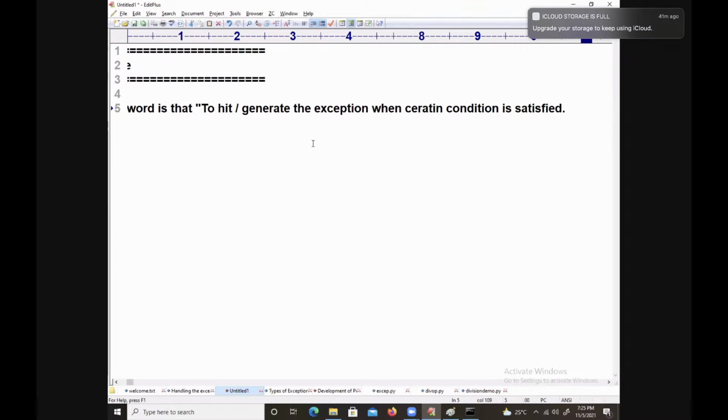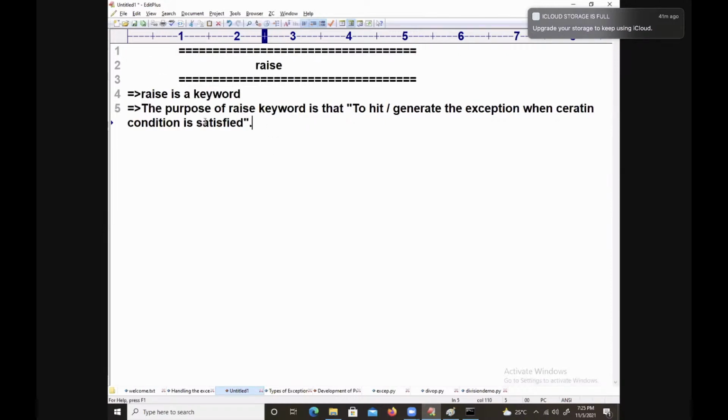I hope you are understanding what I am talking about. The purpose of the raise keyword is to hit or generate the exception when a certain condition is satisfied.